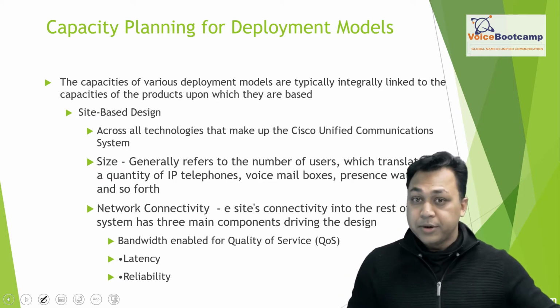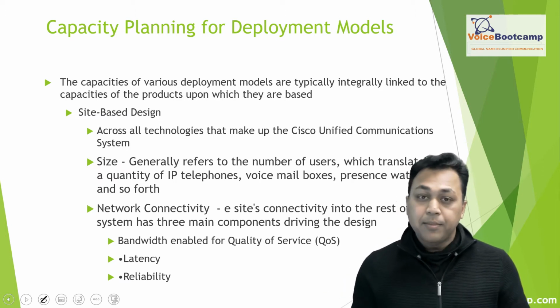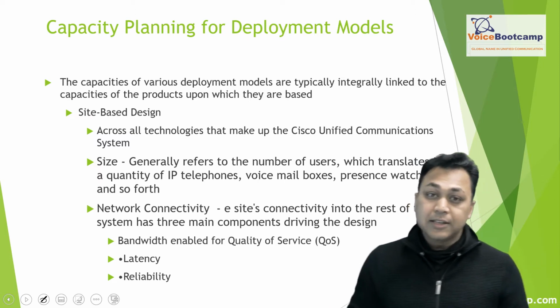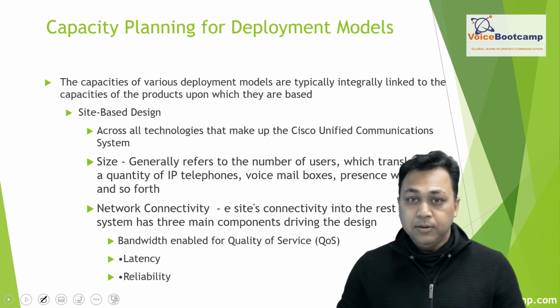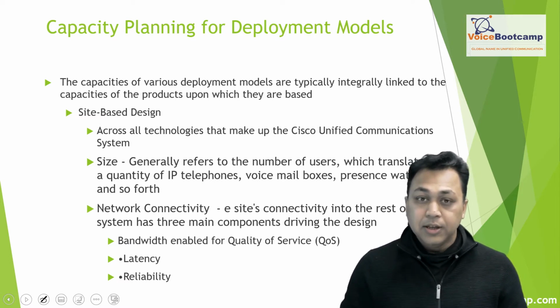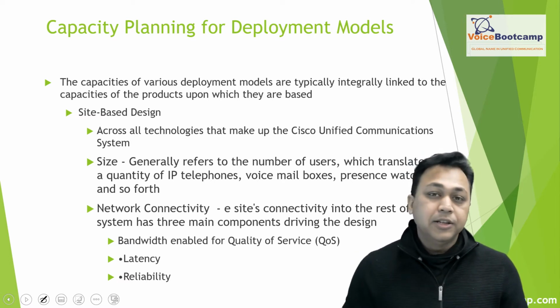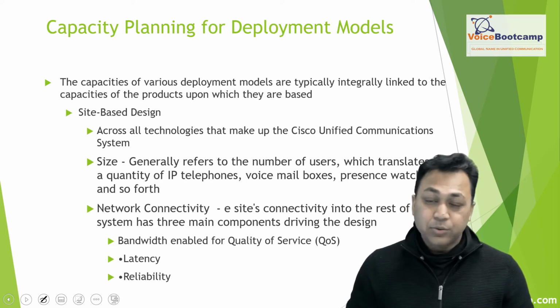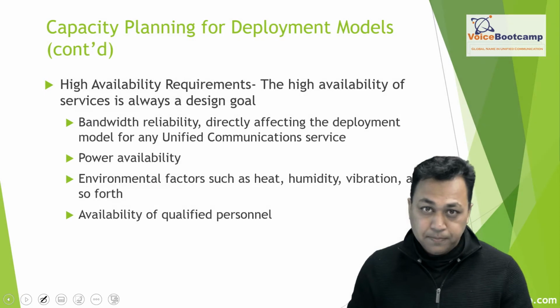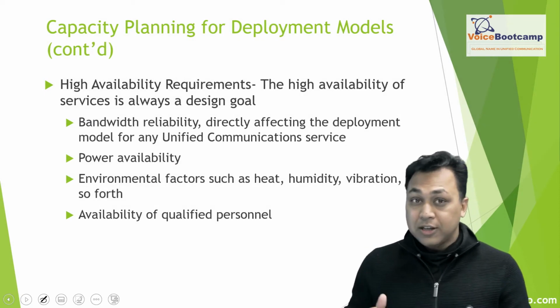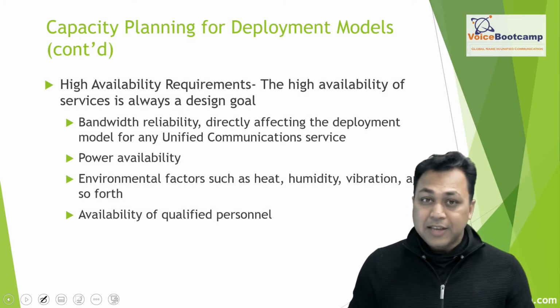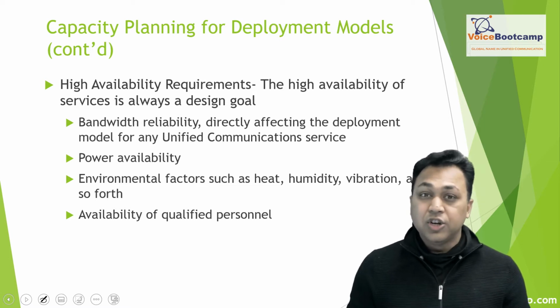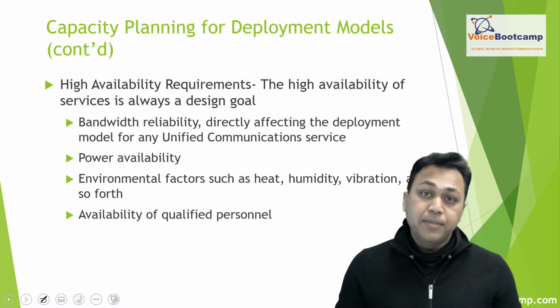Then you have network connectivity to watch out for. What if your primary link goes down? Do we have a backup? And if you have network connectivity, do you have enough bandwidth? Do you have quality of service enabled on the bandwidth? Because the latency and reliability are going to be a very big factor when you have a multi-site deployment with a centralized call processing server. Now, you also want to look at your bandwidth reliability, because having a 100 MB connection is not good if it's not reliable. So you want to make sure that